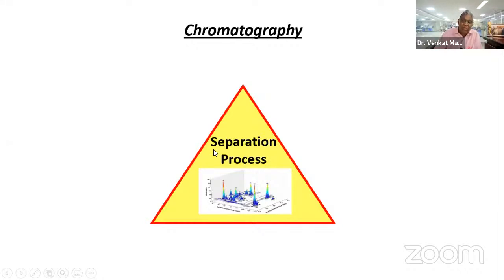This is a 3-dimensional chromatogram you can map. This is the kind of technological advancement that has occurred as of today. There is 2-dimensional chromatography, and you come to 3-dimensional chromatography. But whatever the technological advance that has occurred in the separation process,